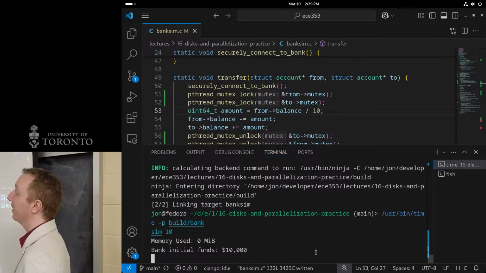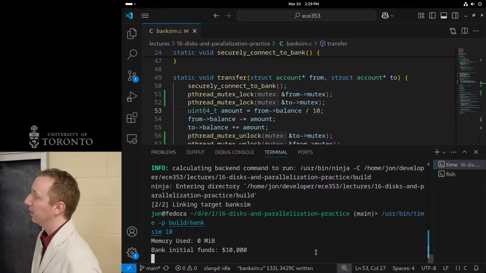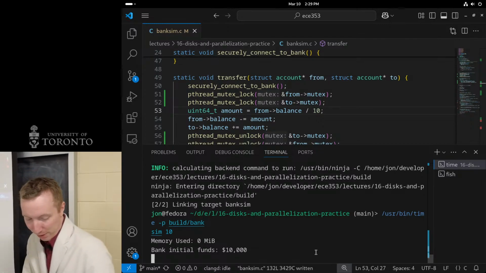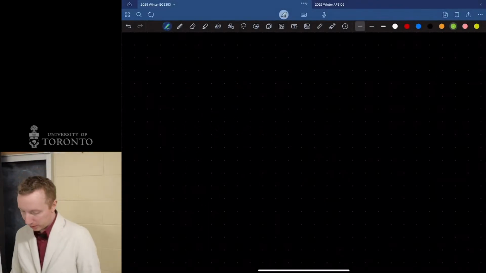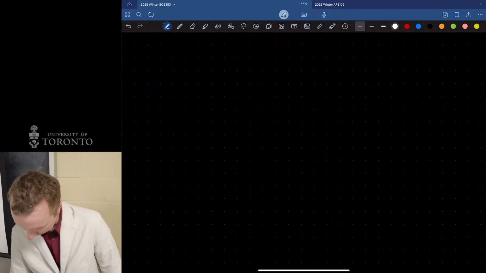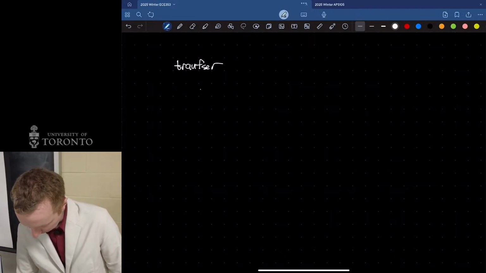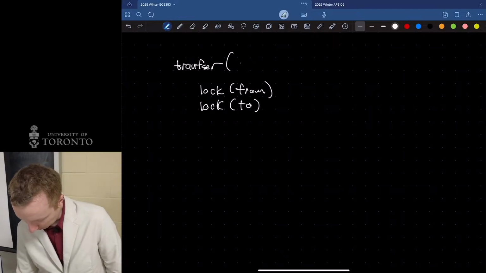Yeah. I think the issue is that you said that we should always lock from and to in the same order, but then the from account might be a to account in another thread. Ah, yes. Perfect. So we are accidentally deadlocking. So how we could deadlock, and this is a skill you need for the exams and figuring out what could deadlock. In transfer, we did lock from and then lock to, and we took them by a pointer from and to.